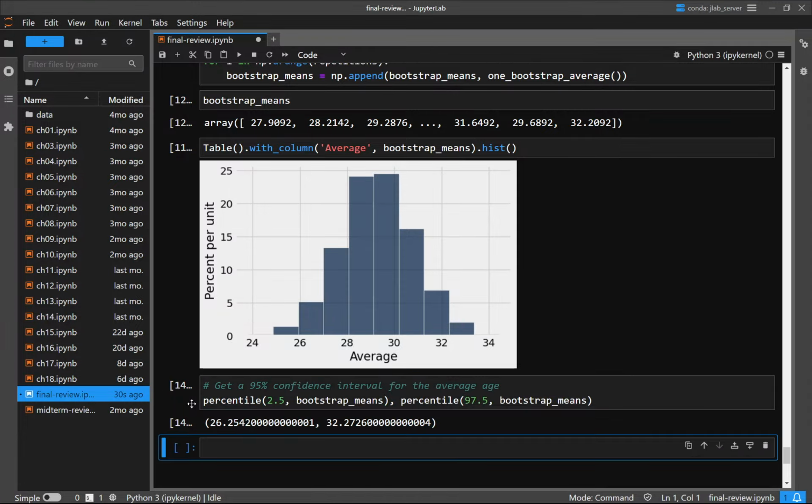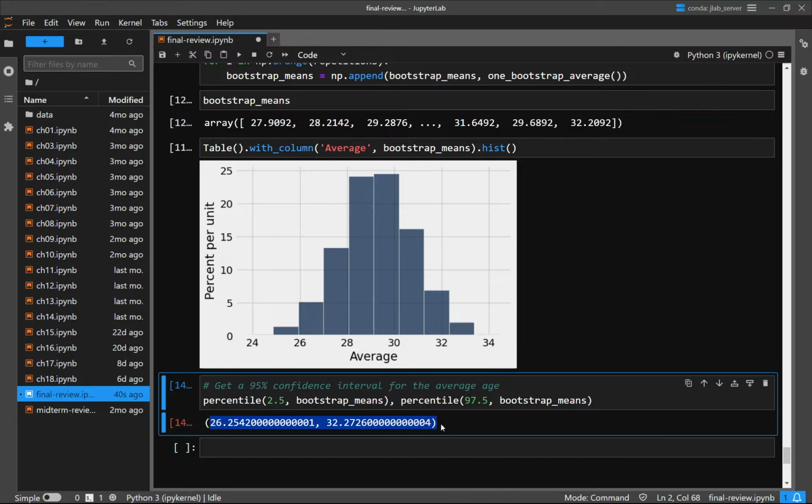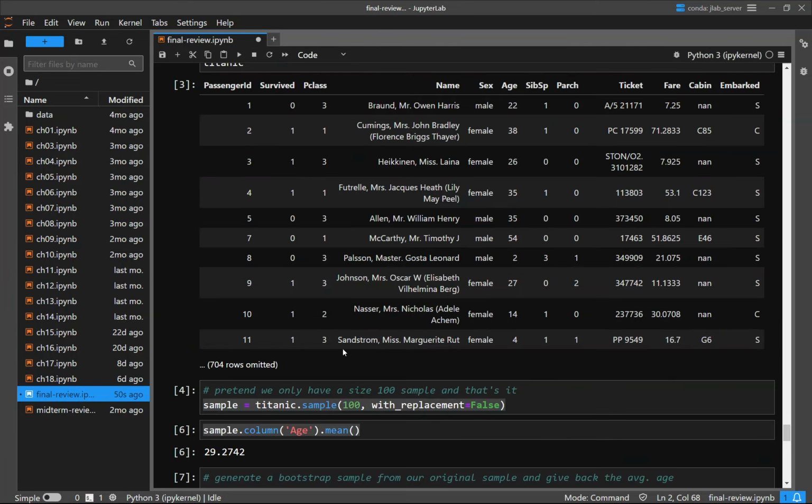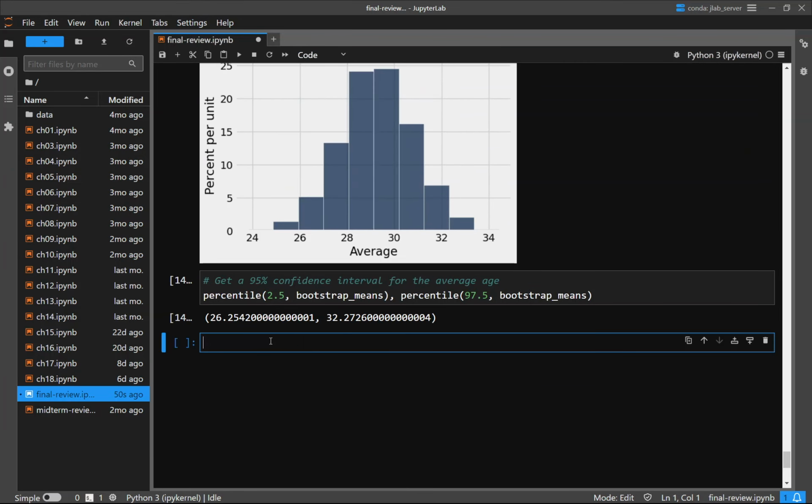And so this is telling us, all right, for our sample, we are 95% confident that the true average age of Titanic passengers was between this and this. If you were to do the thing again, 95% of the time we have it there. So because we took a sample of an actual population, we can figure out the real average age of the Titanic passengers. And 95% of the time it's going to be within there. So I guess if I teach this class enough semesters, 1 year, it won't be within this range maybe. But